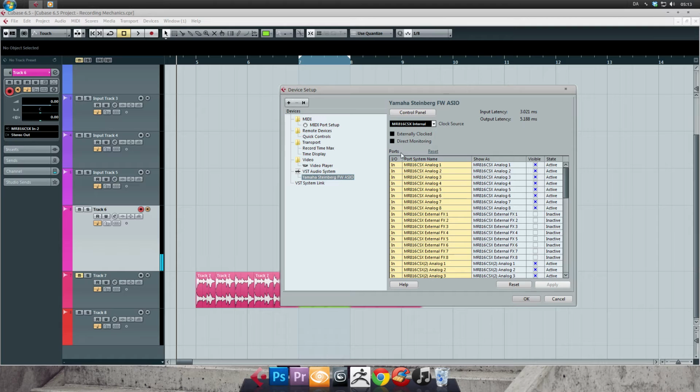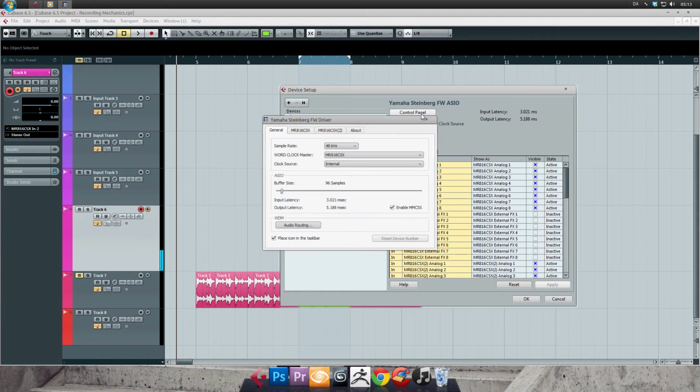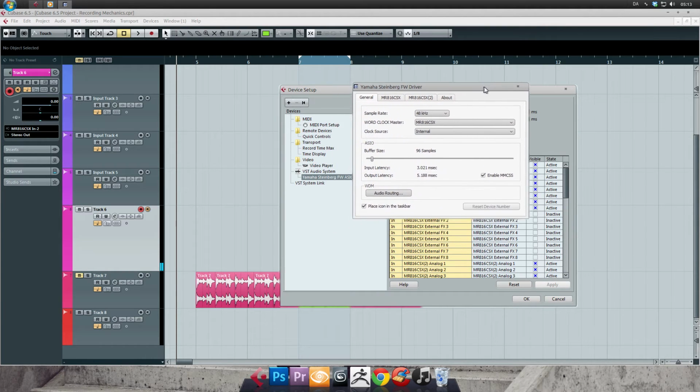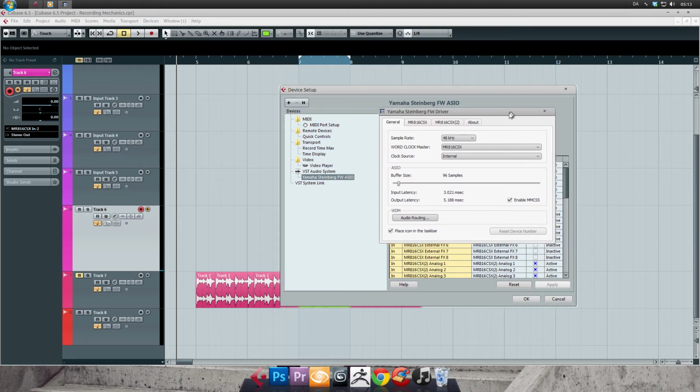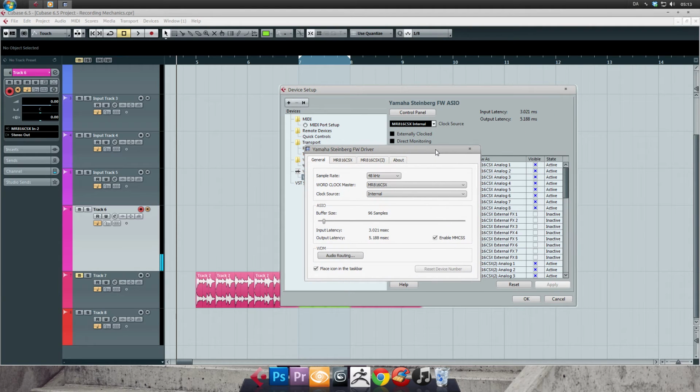Now click Control Panel on the top to get to your interface-specific control panel. Mine will obviously look different than yours, but you should be looking for the buffer size settings or a slider in your control panel. I'm gonna raise my slider from the current 96 samples, which is extremely low, to 2048 samples, which results in